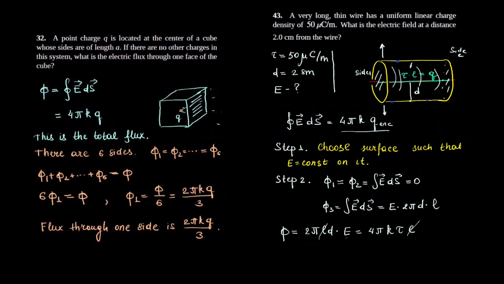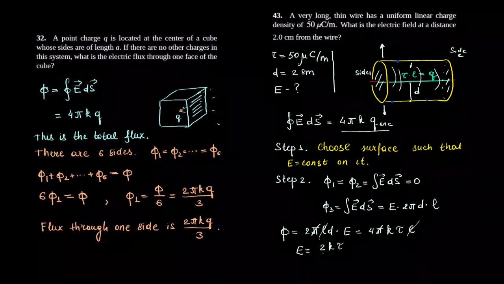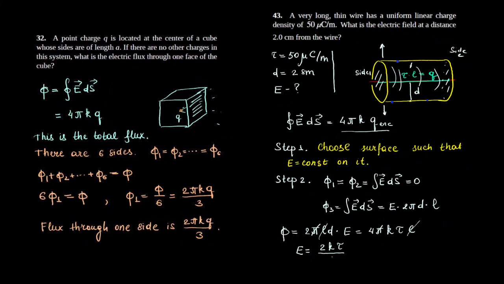And we can find E, which is equal to, 2 pi will also cancel, 2k tau divided by d,